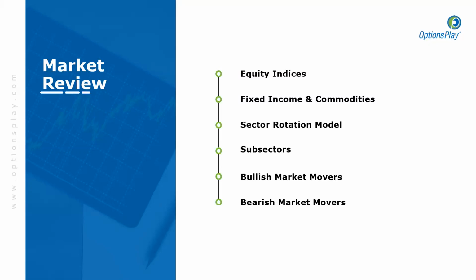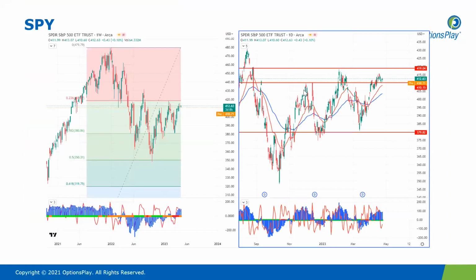From there, moving on to fixed income and commodities, we'll also take a look at the sector rotational model to highlight which sectors are outperforming and underperforming the overall market. We'll take a look at some subsectors of interest for you today, and we'll end today's session with some bullish and bearish market observations. So starting off here with the S&P 500, using the SPY ETF,